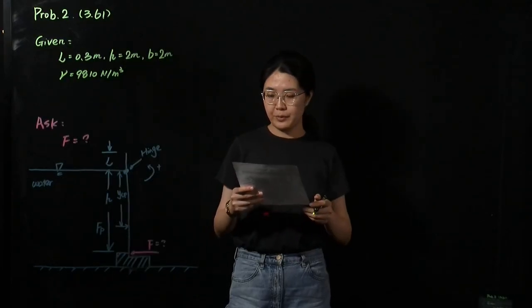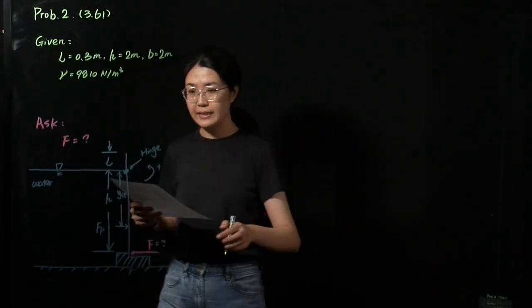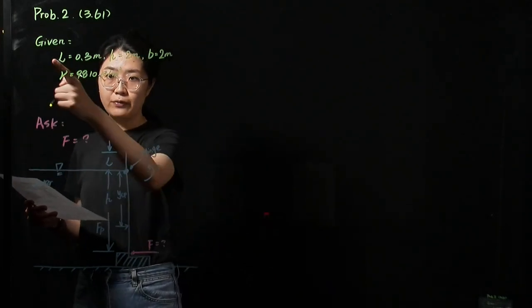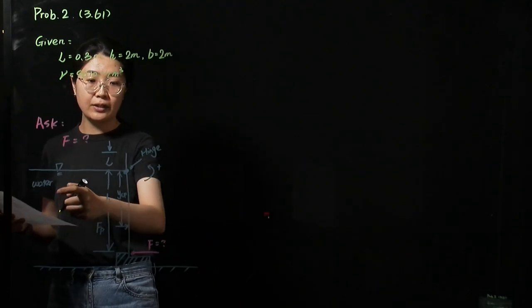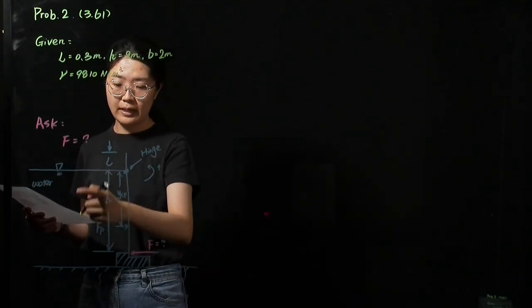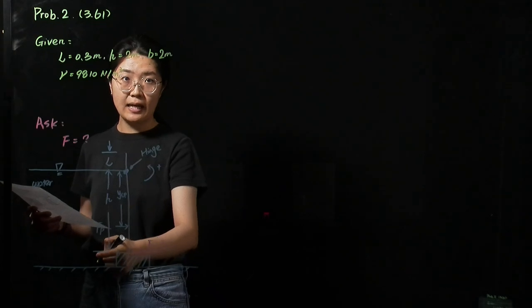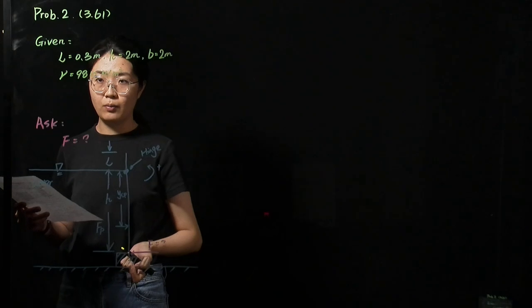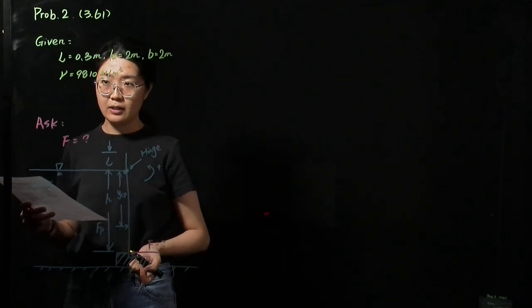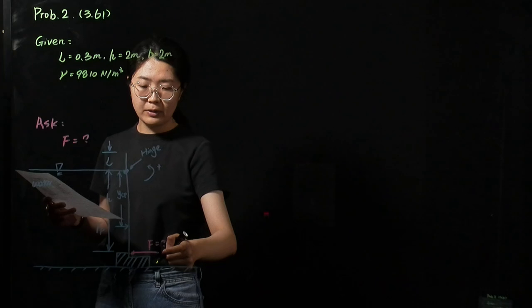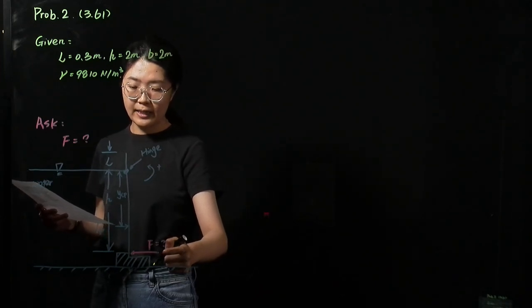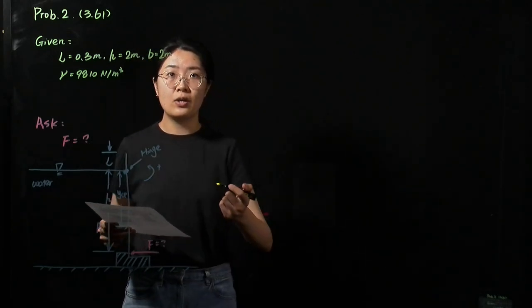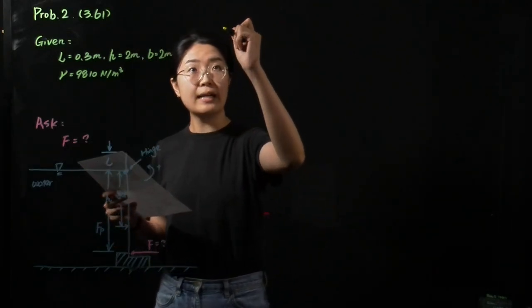Okay, so for problem 2, we have a rectangular gate hinged at the water line, and we have the length of the gate above the water line, and the distance from the water line to the bottom of the gate, and we also know the height of the gate and the specific weight of water. In this problem, we want to know how much force exerted on the bottom of the gate can keep this gate closed. So to solve this problem, first we need to calculate the hydrostatic force,